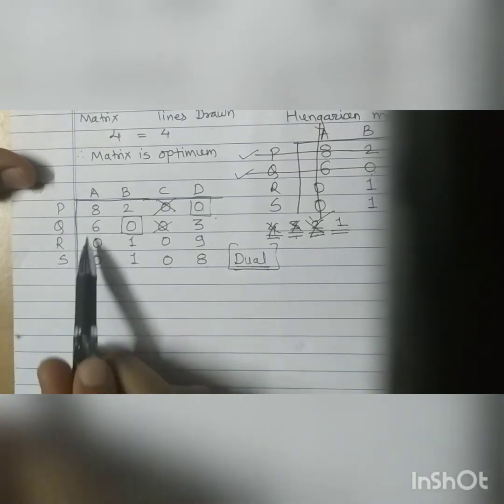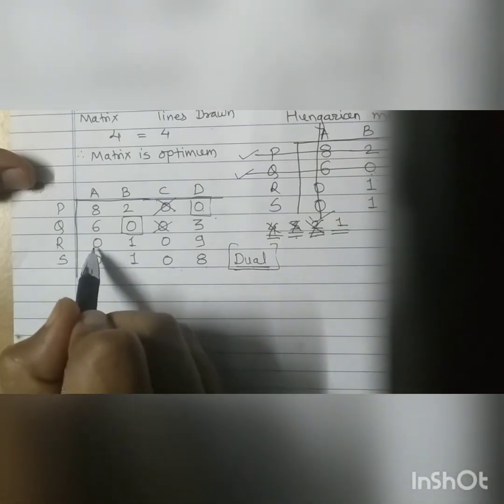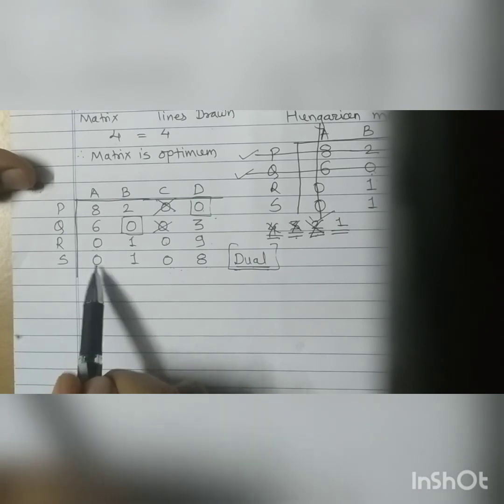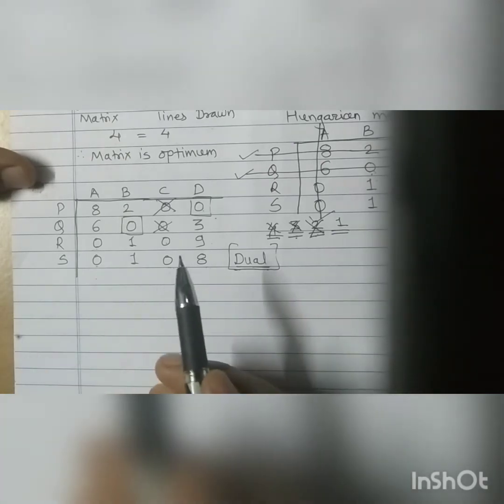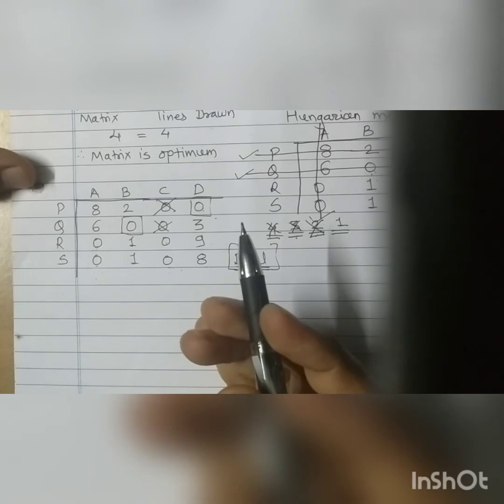Now if you come across such a problem, when there is no alone zero, you are not finding any alone zero, then in such a case you can randomly select any zero. I will repeat again, randomly select any zero. So suppose one student will select this zero, another will select this zero, a third student will select this zero, a fourth student will select this zero. Doesn't matter, your final answer will be the same. You can try choosing all types of zeros as rough work.